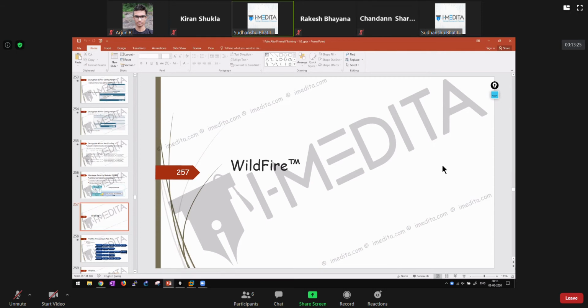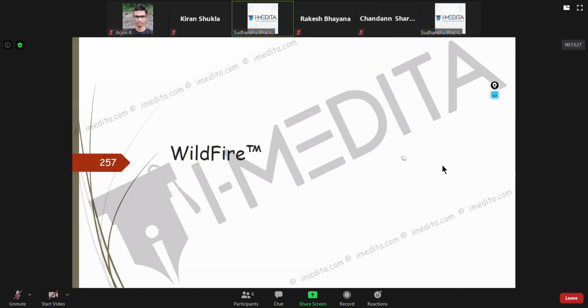Okay, I'll start with the next topic then. So next we have Wildfire. Configuration of Wildfire is very easy, just like those other security profiles that we had. It's just that the way it behaves is important as well.